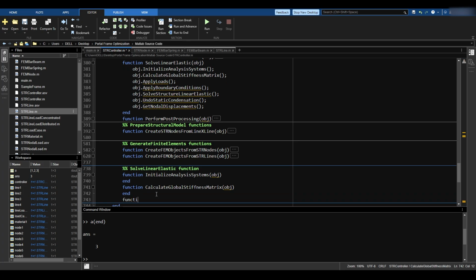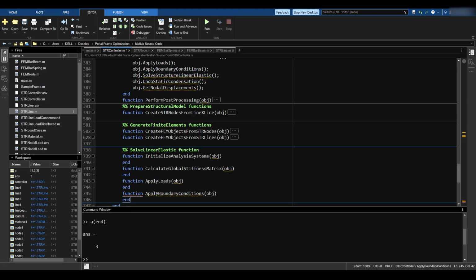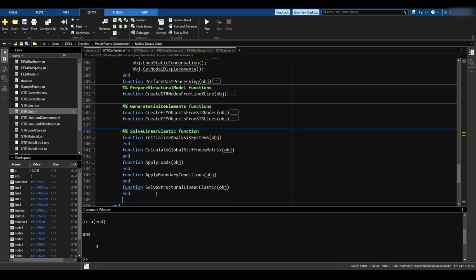Then function apply loads with an object end, and function apply boundary conditions object and nothing else, and then function solve structural linear elastic with an object here and end,